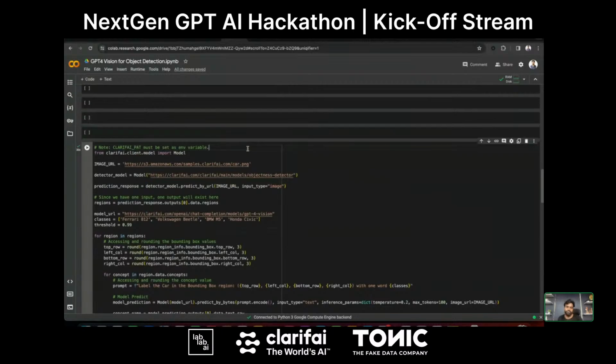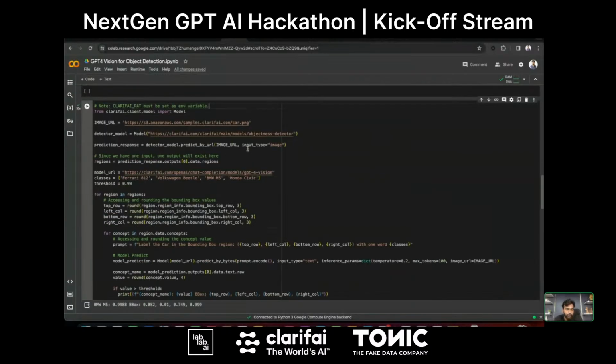I can just build it. So it's just a simple example to show you what you can come up with, how you can build with the different models which we have, not just the GPT-4 vision, or the GPT models, or the OpenAI models. It's a whole lot of models that we have in the community. You can combine those models and come up with a use case. So that's the main idea. That's why I want to present this. So that's the use case that I'm trying to create here.